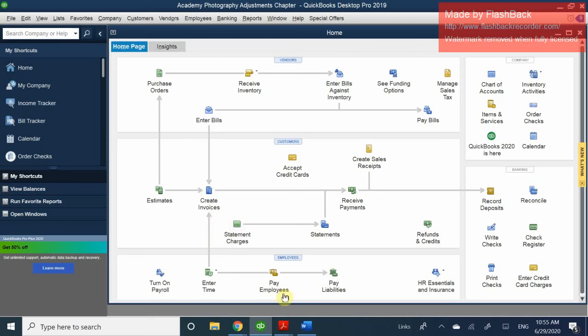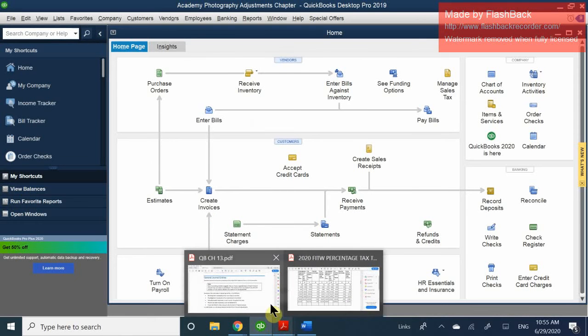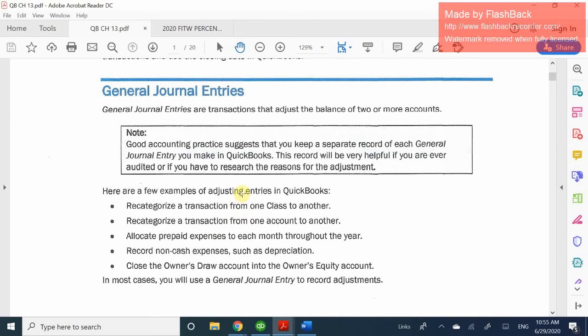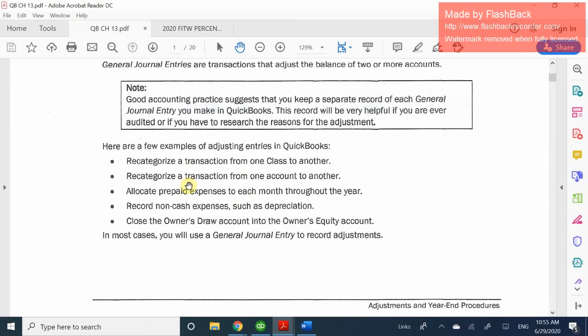But yes, for QuickBooks, we use the general journal as a way to either recategorize something, such as changing the classes, or also recognizing any non-cash transactions. So that's why you have to make those adjustments. So again, allowances, anything like that, to either allocate